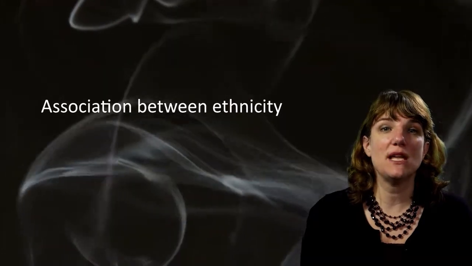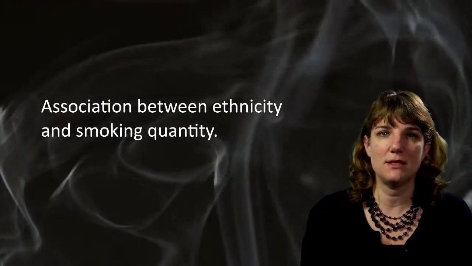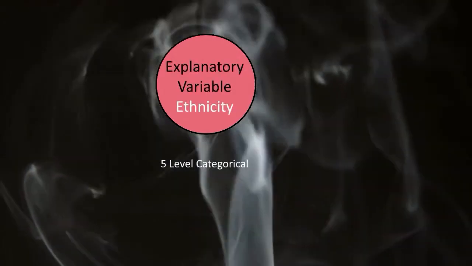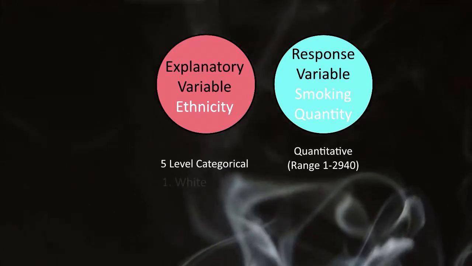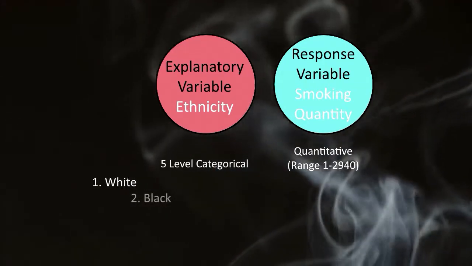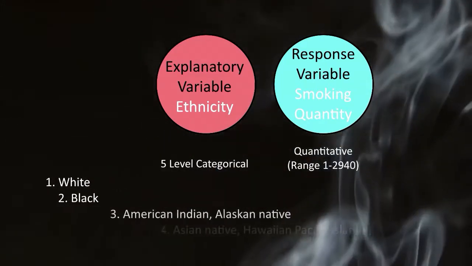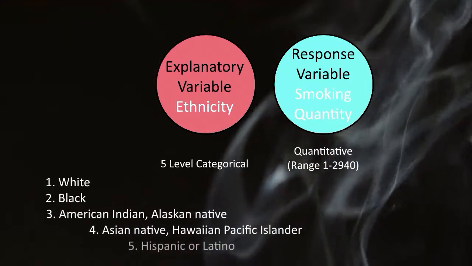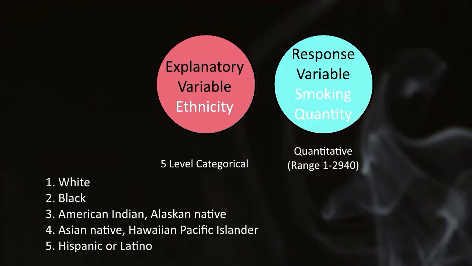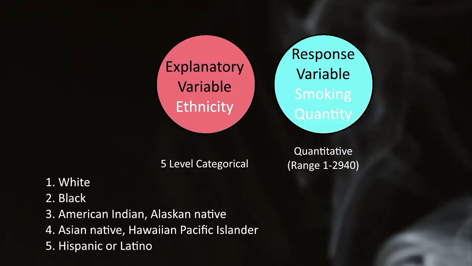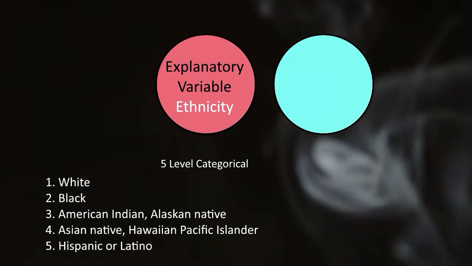But what if my categorical explanatory variable has more than two groups? In this example, I'm going to examine the association between ethnicity and smoking quantity. The explanatory variable, ethnicity, actually has 5 levels or groups. 1 is white, 2 is black, 3 is American Indian, Alaskan Native, 4, Asian Native, Hawaiian Pacific Islander, and 5, Hispanic or Latino. So by running an analysis of variance, we're asking whether the number of cigarettes smoked differs for